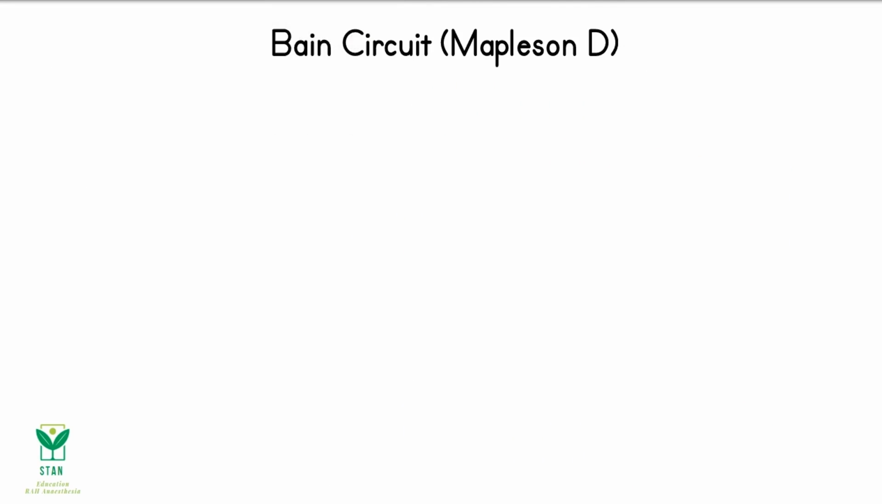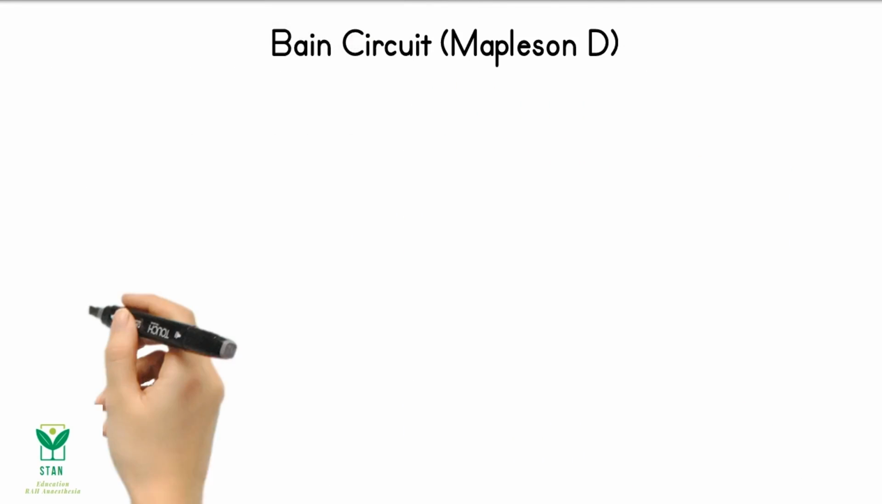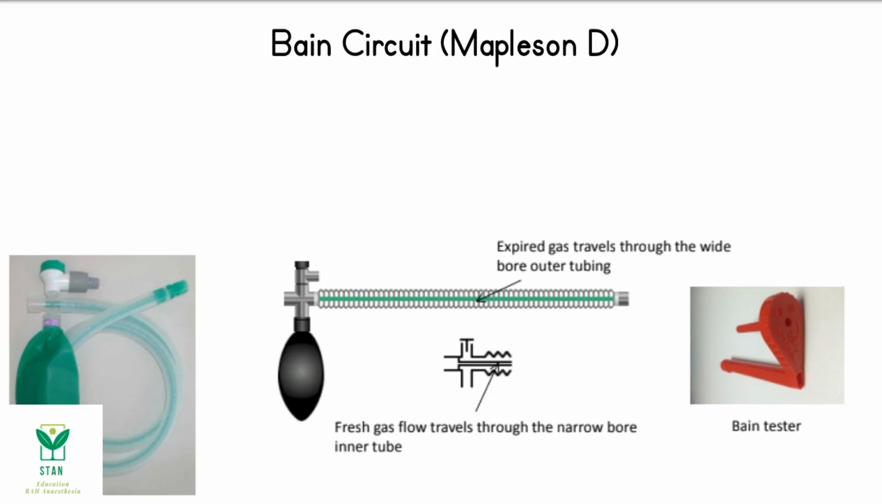The Bain circuit has a coaxial system, which means it has 2 tubes which conduct gas. There's an inner narrow black rubber tube which delivers fresh gas flow, and there's a wide opaque corrugated outer tube which takes expired gas back to the reservoir bag. The APL valve is close to the reservoir bag and the anaesthetic machine, leaving the patient end of the circuit